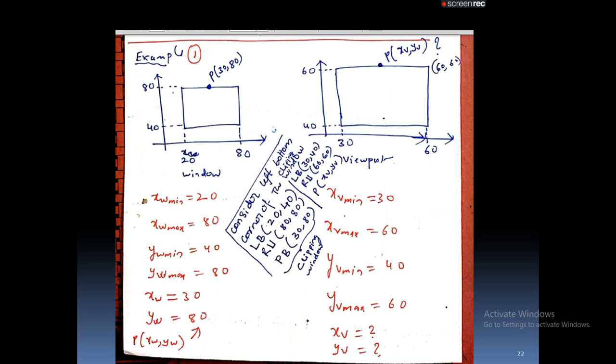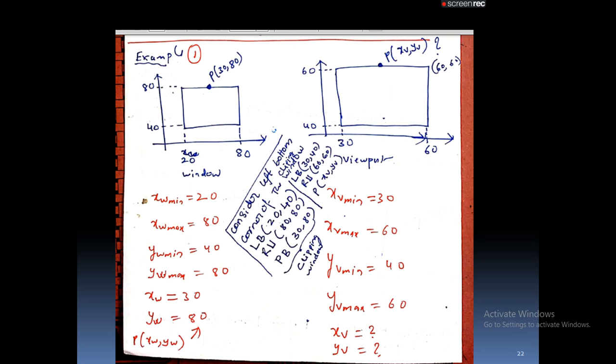So let us see one simple example. They may ask a problem on the topic of mapping viewing coordinate to viewport coordinate. So let us consider one problem. I did not give a problem statement, so let us assume that a clipping window position is given.